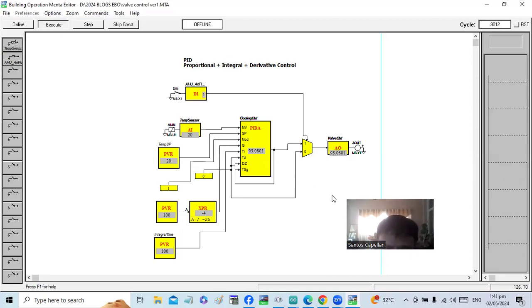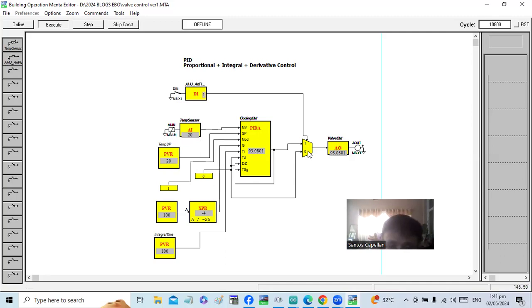If it's 20 and 20, you will notice there is no more error, so it will stay on the current opening, meaning that opening is sufficient to maintain the set point. If there is positive error, then this PID will try to adjust the output so that the set point will be met.